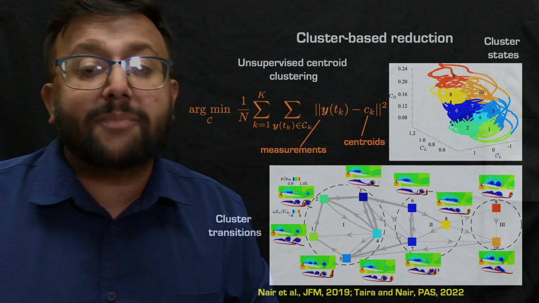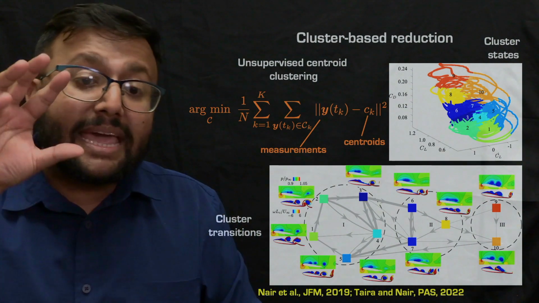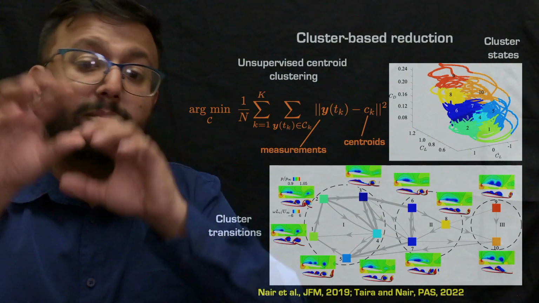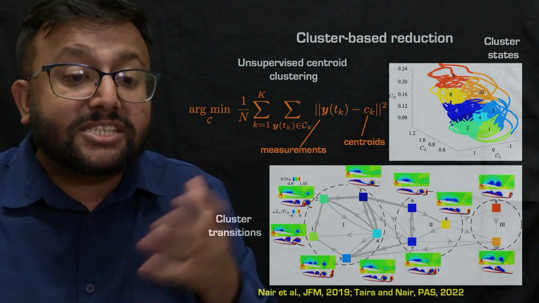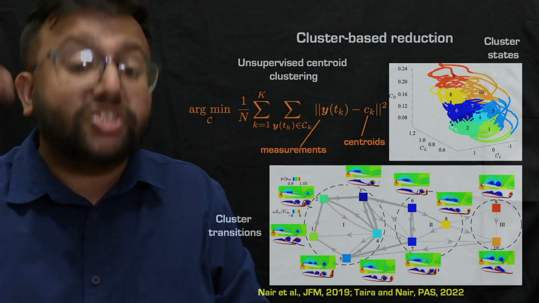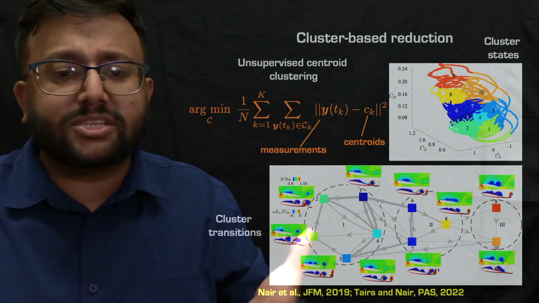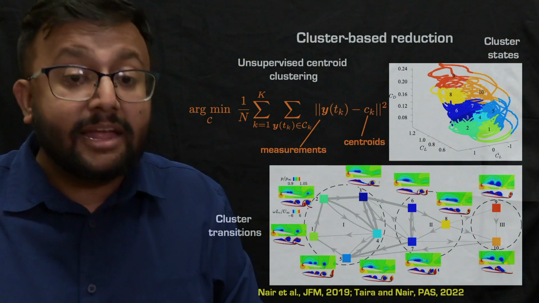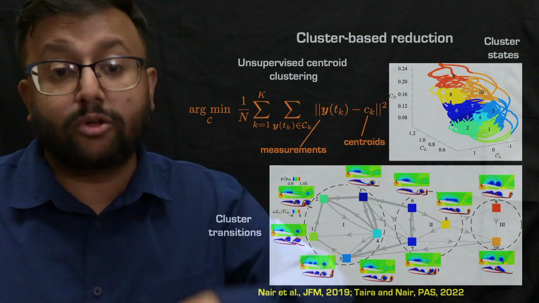Now we can go one step further, and because we have these trajectories clustered, we can see when a particular trajectory goes from one cluster to the next cluster. In fact, this is identifying transitions between the clusters. And just by a simple box-counting way, we can actually compute the probability that, say, the trajectory would go from cluster 1 to cluster 2.